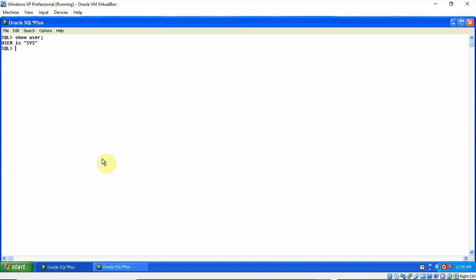So now I will show you how to create a directory. I'll write the command create directory. The directory name is my directory, I will make it caps. Create directory MY_DIR as